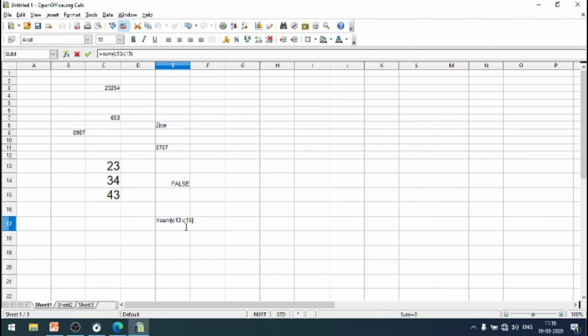You see, colon is a reference operator. C13 is the starting address and C15 is the ending address. So the range specifies that the values from C13 to C15 are going to be added. Understood? The colon specifies the range of values between C13 and C15. See, we got the answer 100.